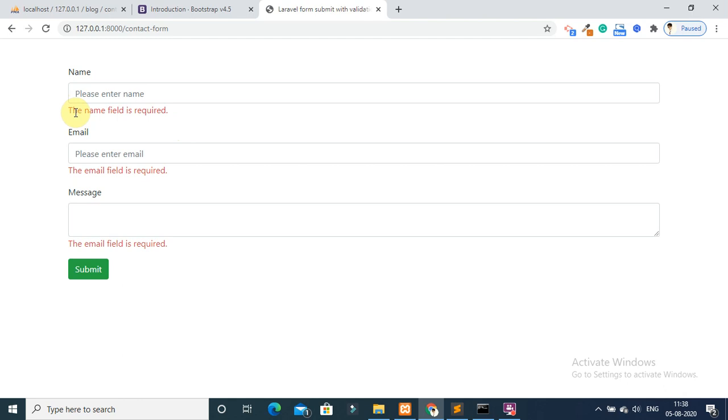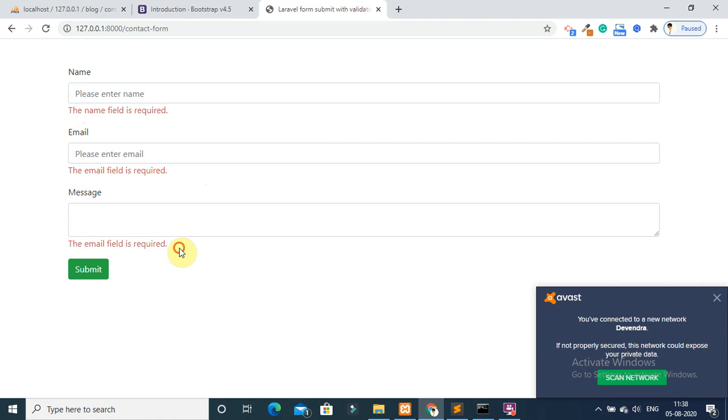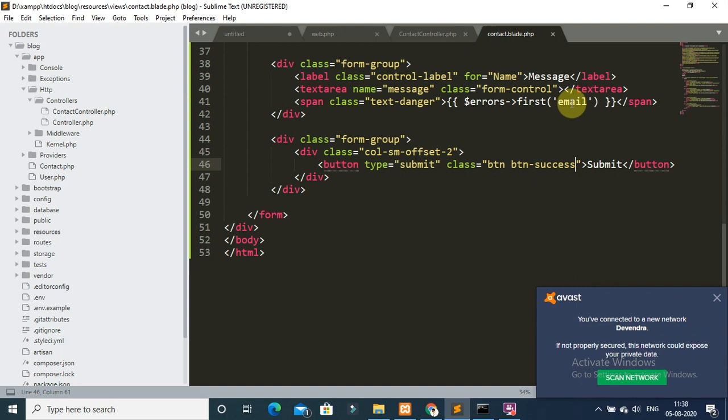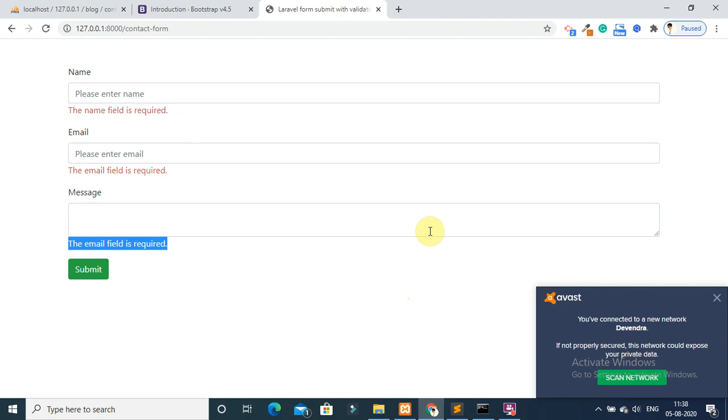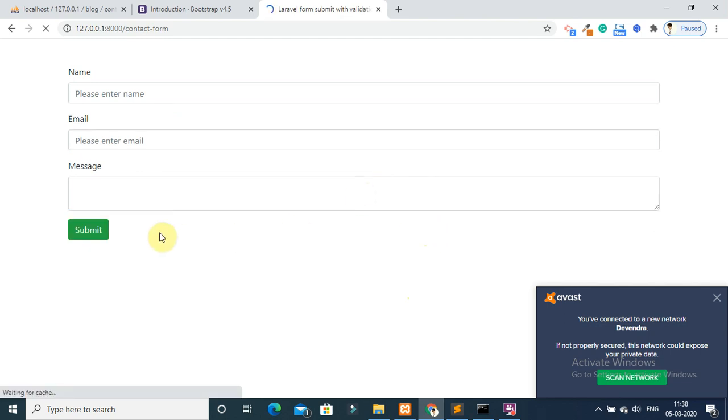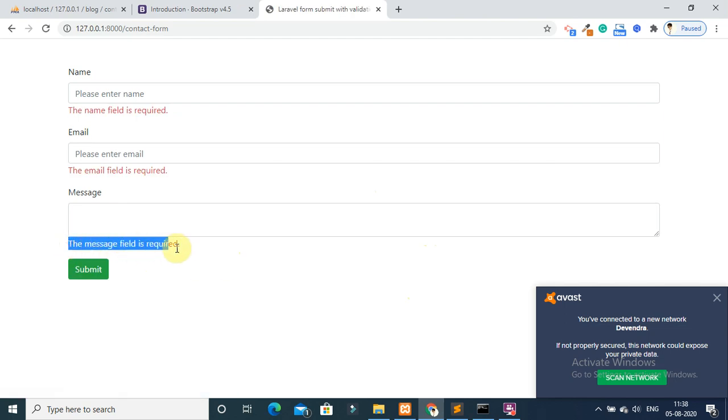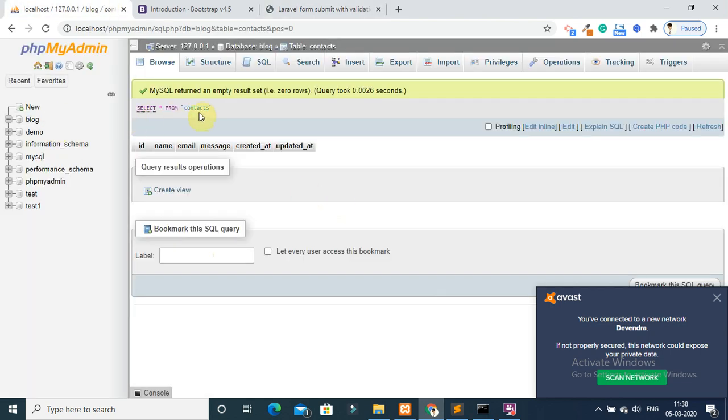You can see the name field is required, the email field is required. So go to your contact.blade.php file and change your message and save it, and then refresh again. Now submit your form blank. So you can see that the message field is required, and you can also refresh your database table, so nothing is stored in your database.